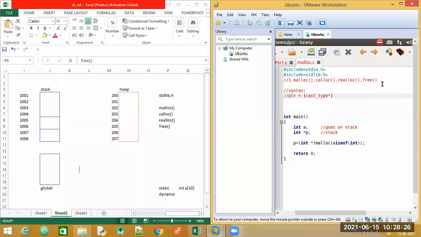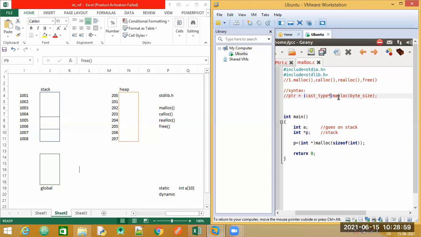After this, we will have the keyword malloc. In the bracket, you need to give the byte size. Now, we'll understand what these terms mean. ptr is a pointer, any pointer, p, ptr, a, b, whatever you want to declare, but this has to be a pointer variable. Is equal to, and on the right hand side you have a term called cast type, with an asterisk mark.